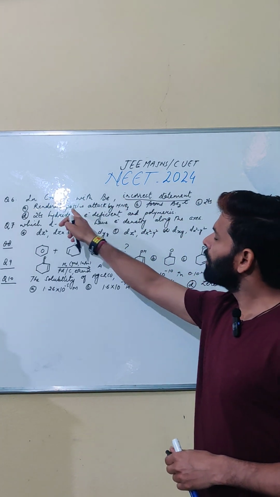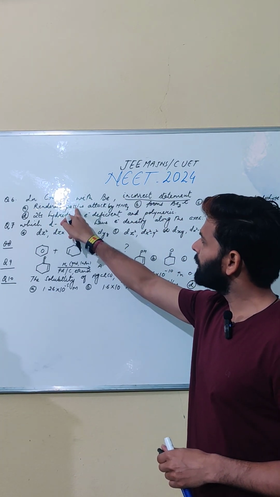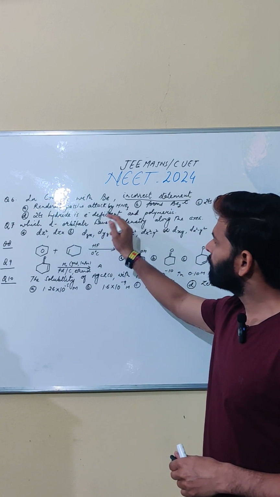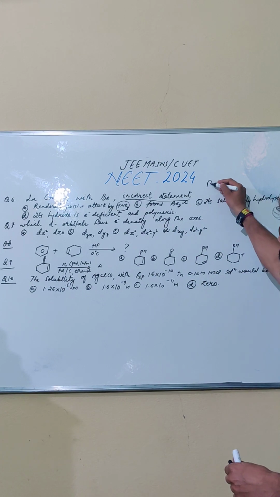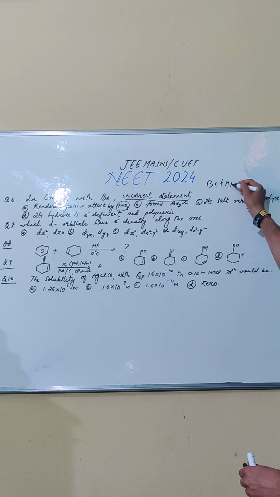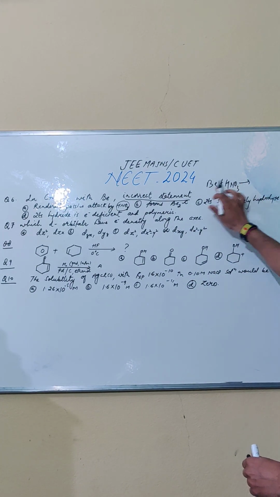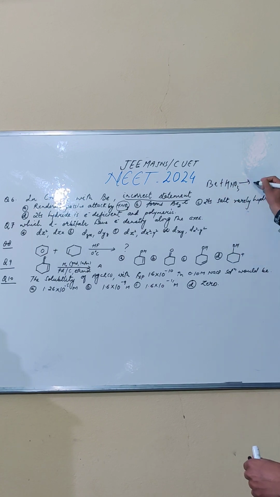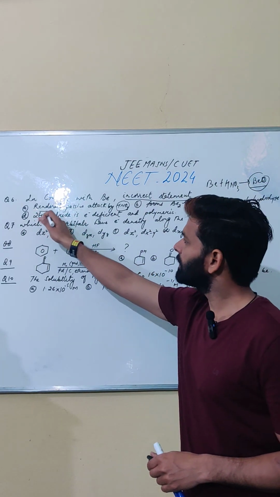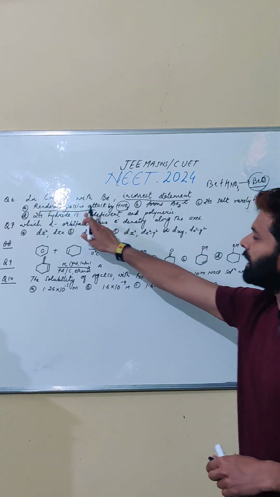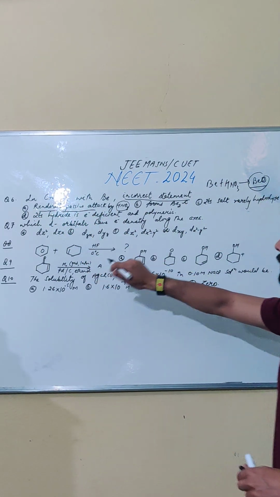So we know that beryllium is rendered passive by HNO3 attack. That means beryllium reacts with HNO3 and it will not form any salt, it will form beryllium oxide, and this layer of oxide will protect the beryllium from further attack. Okay, so this statement is correct. It is rendered passive by HNO3.